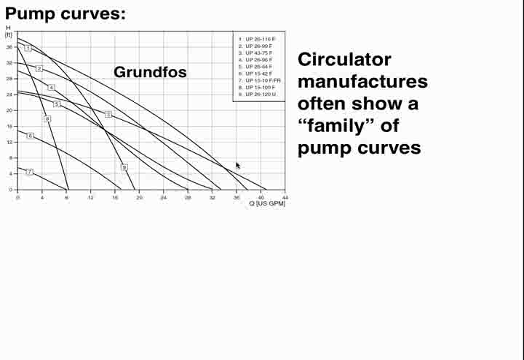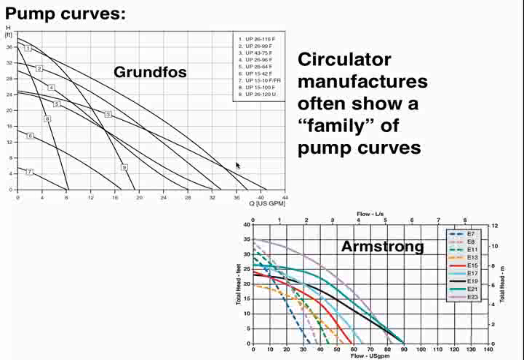Now, most circulator manufacturers have what I call a family of circulators. These are related size pumps, some of them bigger than others, and it's common that they will plot these pump curves out on a common graph so that you can make comparisons between them. Just as an example, here are some curves from Grundfos with the model numbers over there. Here are some curves from Armstrong. You'll also find curves from Bell & Gossett, Taco, and some of the other companies